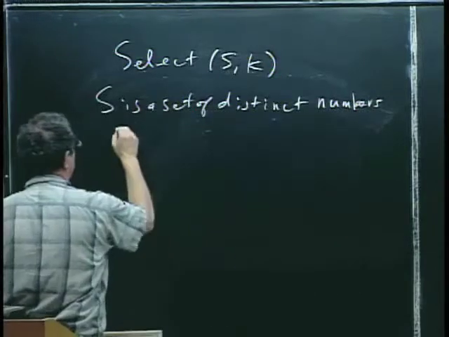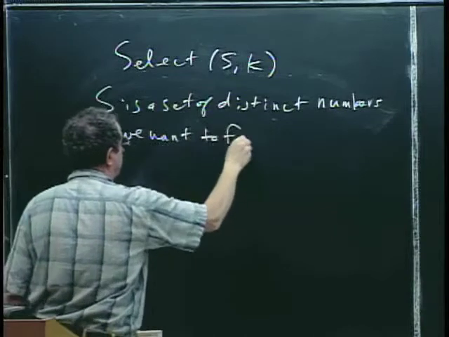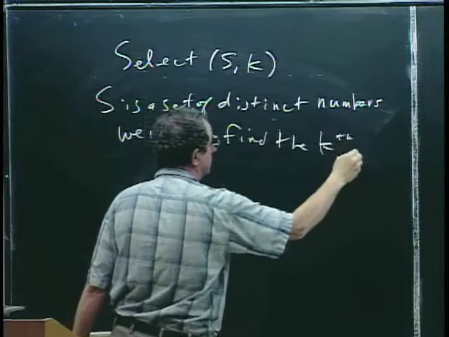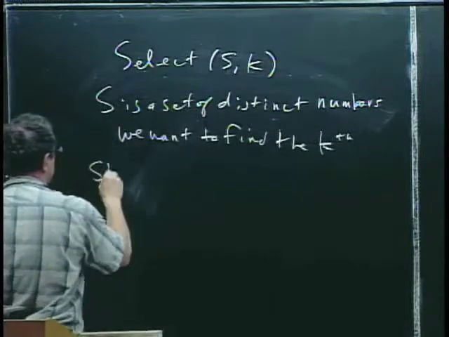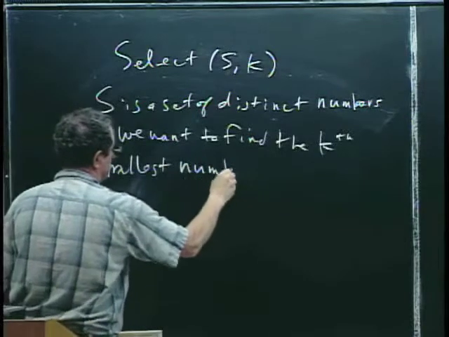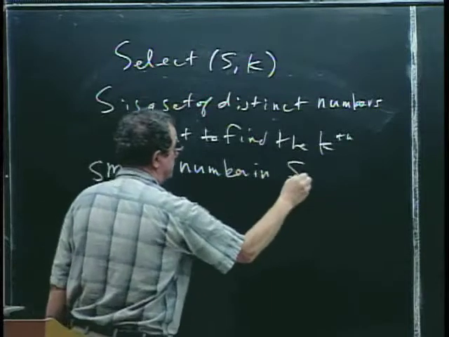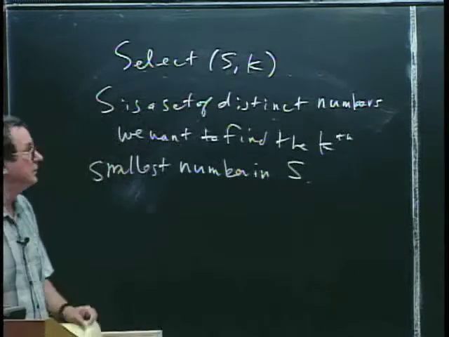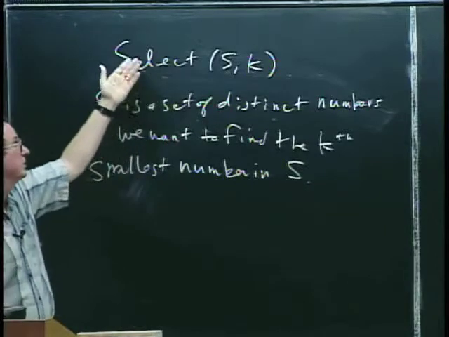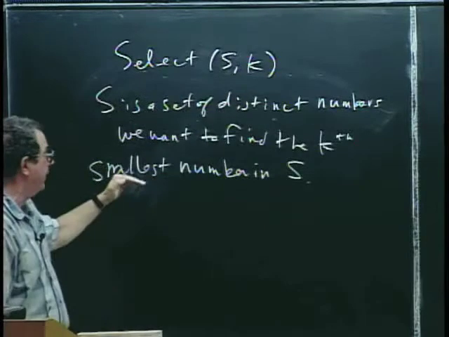And we want to find the kth smallest number in S. So that's what select(S, k) does. It's a function of S and k, which will return the kth smallest